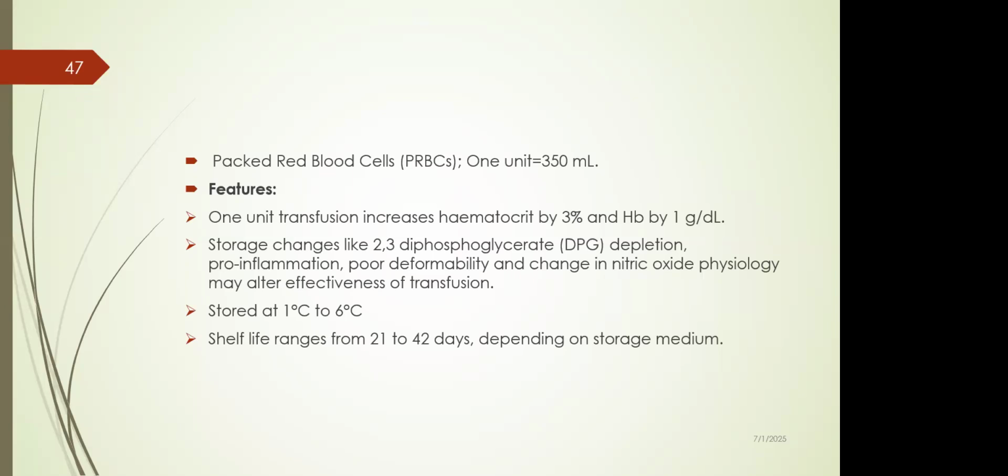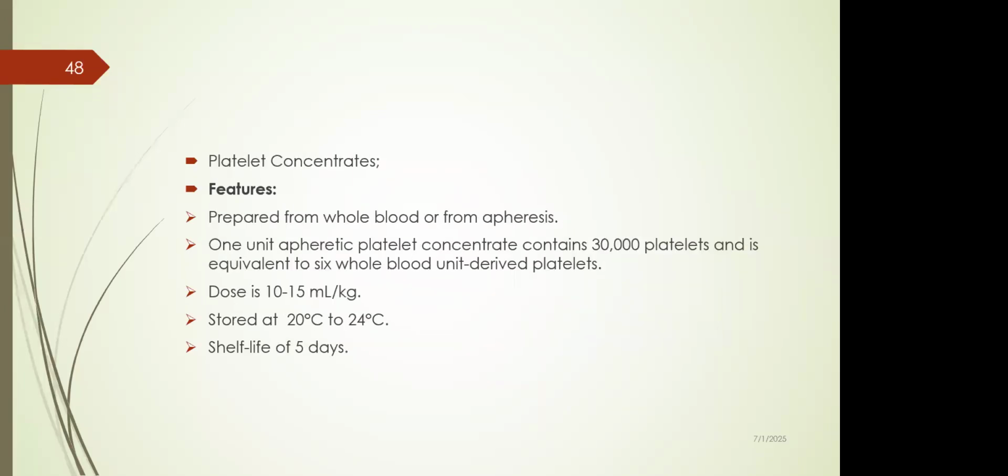There is also pro-inflammation and poor deformability, and changes in nitric oxide physiology may also alter effectiveness when it is transfused. So a freshly donated and transfused blood is preferred for use for patients. Stored at 1 to 6 degrees Celsius with a shelf life of 21 to 42 days, depending on the storage